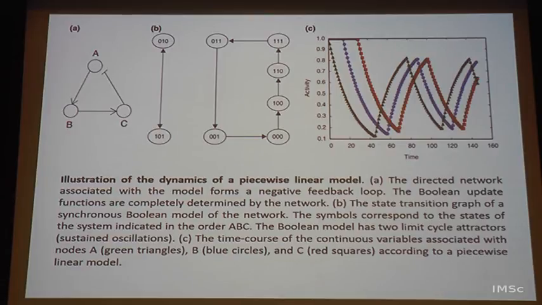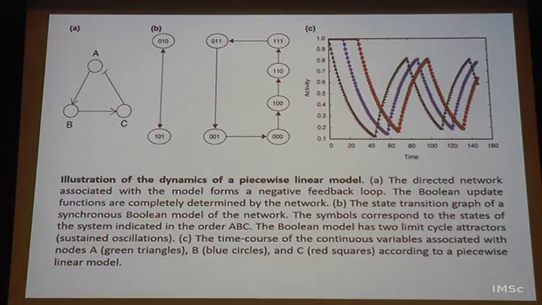Children play this kind of a game: if one stands up, he or she hits the next person, hits in the sense makes them sit down, and so on and so forth. So then at a given point in time, who will be standing up and what is the pattern? You will see oscillations of this kind if the time is the same between them. So you will see beautiful oscillatory patterns that go on. So the directed network associated with the model forms a negative feedback loop in this case.